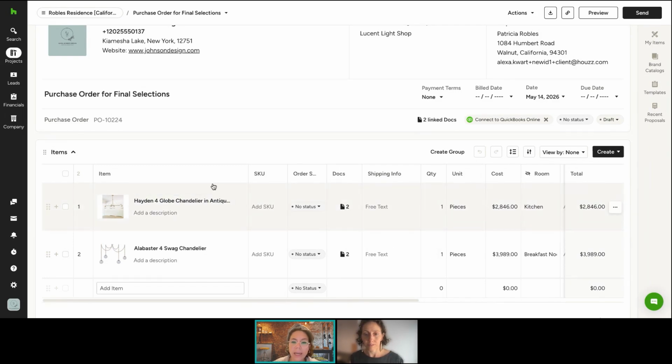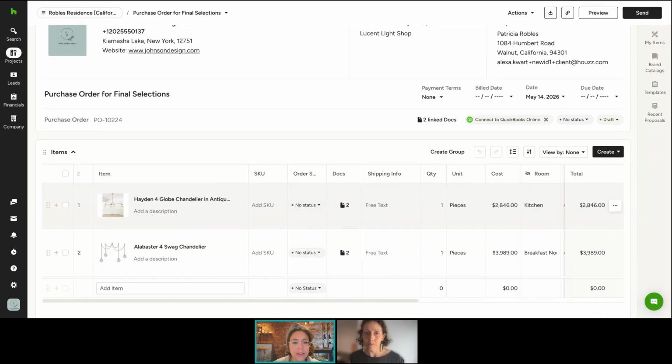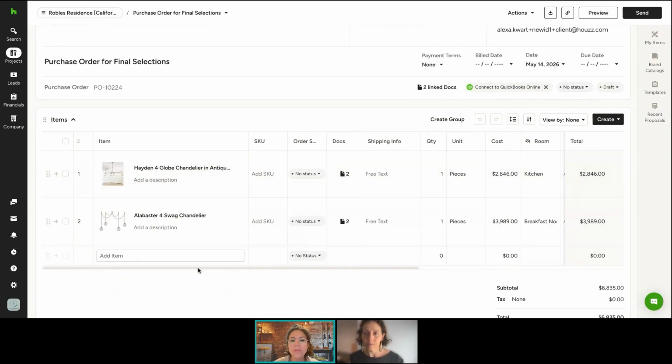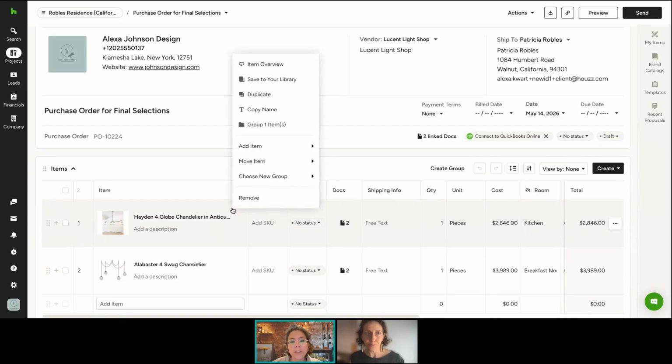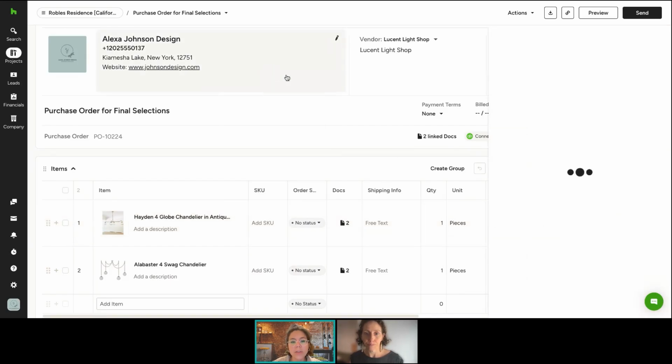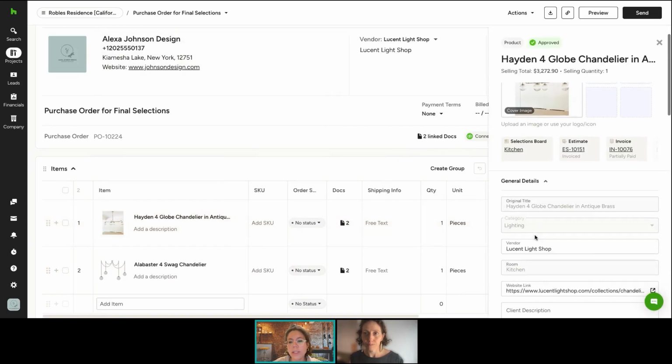You can, of course, hide it, right? And just keep it on the edit mode, but so that it's easier for you maybe to navigate between different documents. So here, whenever you create a purchase order, everything is going to carry over automatically for you, all the information from the proposal. And especially if I'm going into the item overview, I also want to point out that